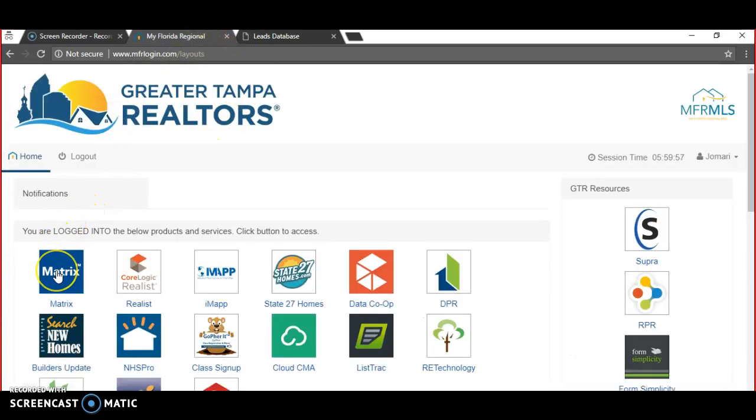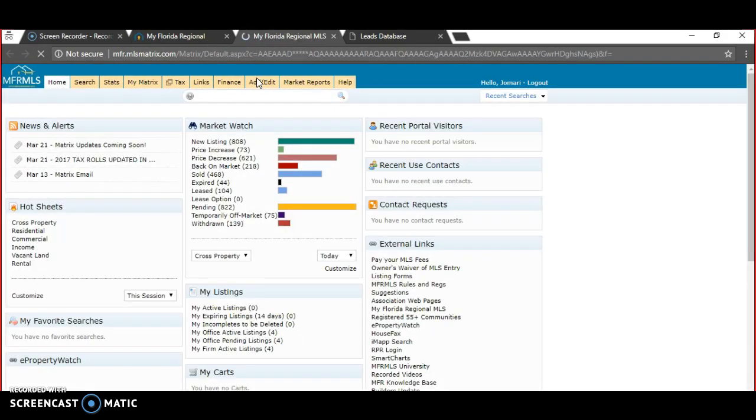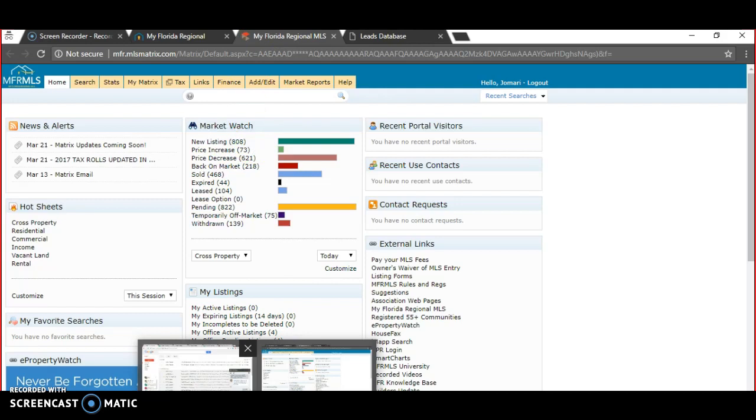So this is the Matrix button. You click on it, another page is going to launch. This is the same page where you put in the MLS number of the property that you want to get more information about. So let's say